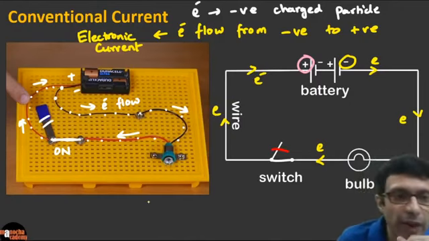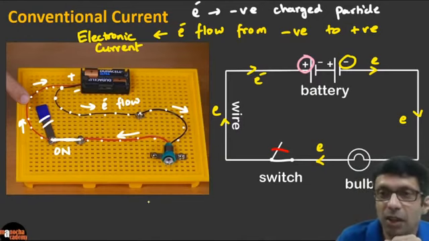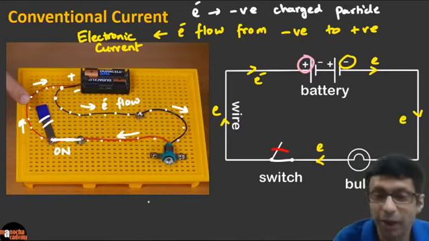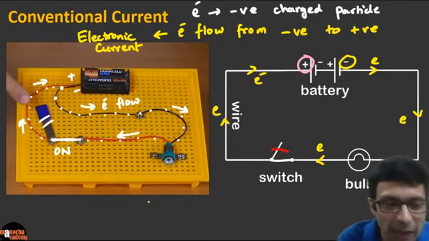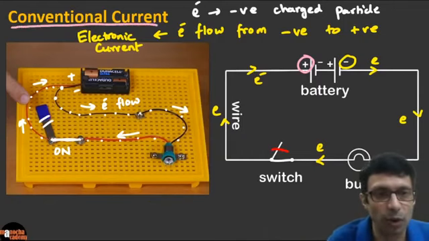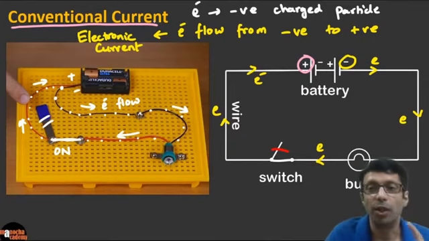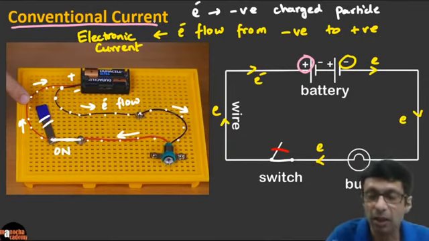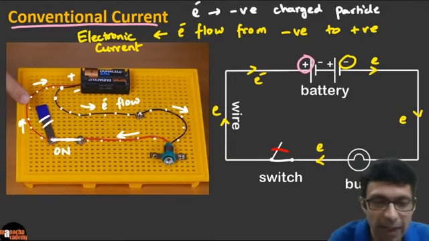But now there's one very interesting thing. Guys, do you know there's another term, right? To make things confusing, there are a lot of terms in electricity. There's a thing called conventional current, okay? So actually, when you see circuit diagrams, guys, the electronic current is usually not marked, okay? Very important. So I'm going to erase this electronic current later.